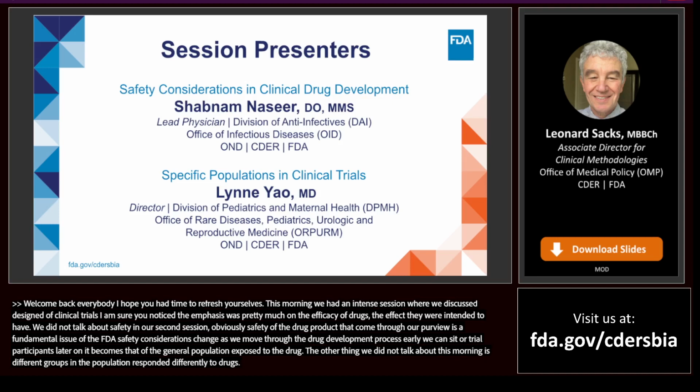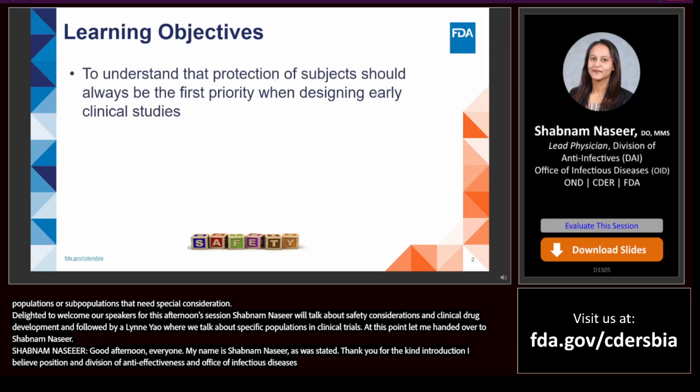Different demographic groups display a range of responses to drugs, highlighting the necessity for tailored considerations for populations such as children or those with underlying medical conditions. This variability significantly influences trial design. The safety of trial participants stands as a primary concern during the early phases of drug development, mandating vigilant monitoring